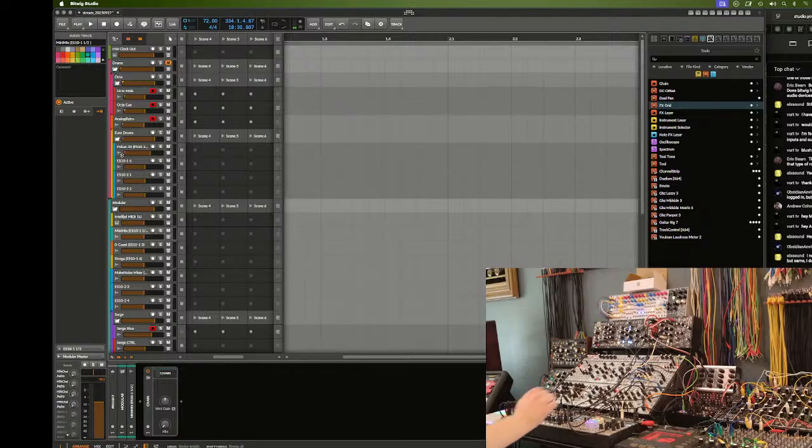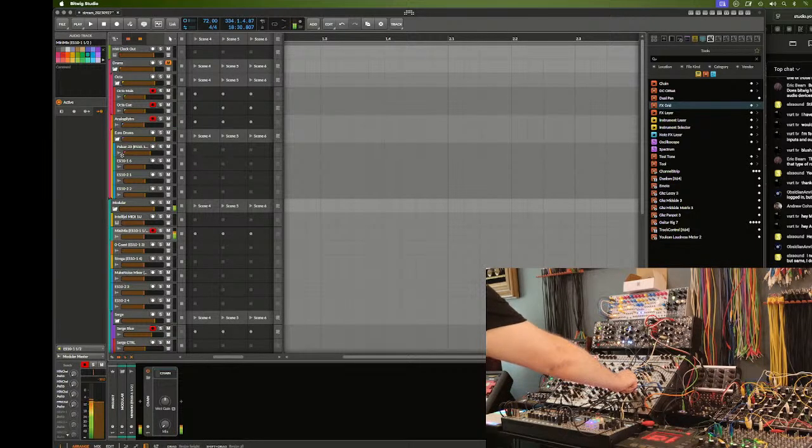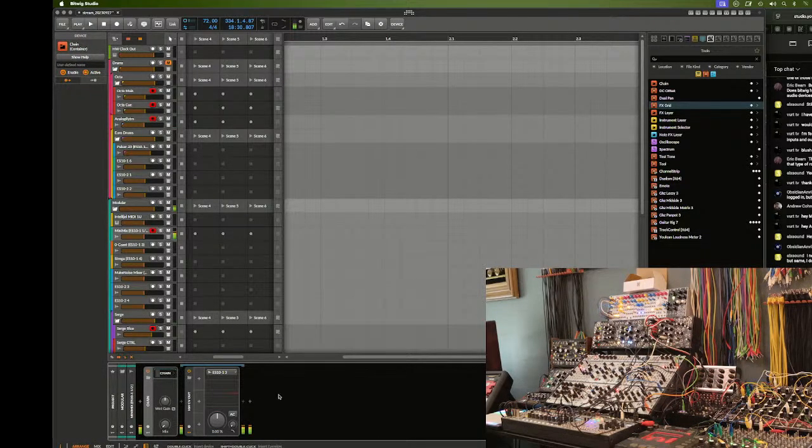What do we got here? Oh, am I not armed? I'm not armed, man. The track isn't armed, so there we go. That's a sound, right? That's a sound. And just like in the Surge modulars chain,